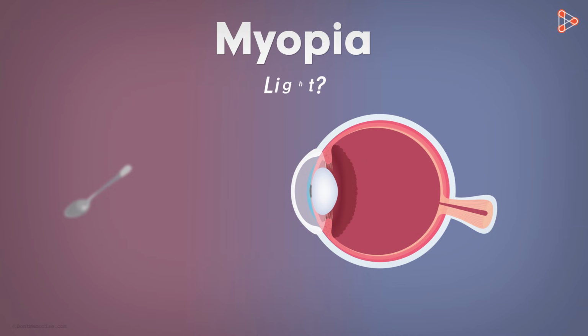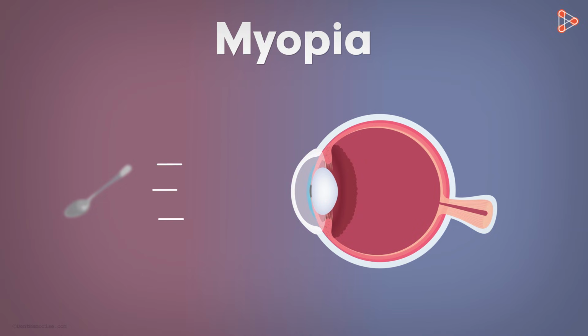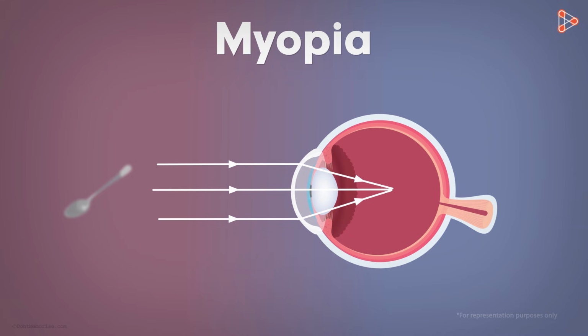How does the light propagate inside a myopic eye? Well, the light from the nearer objects travels in the usual way. It gets focused on the retina only. No problems there. What about the distant objects? First of all, the light rays from a faraway object coming towards the eye are almost parallel to each other. And when these rays enter the eye, they get converged in front of the retina instead of on the retina. This is the reason for blurriness.